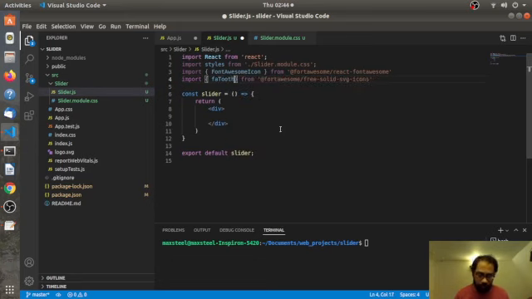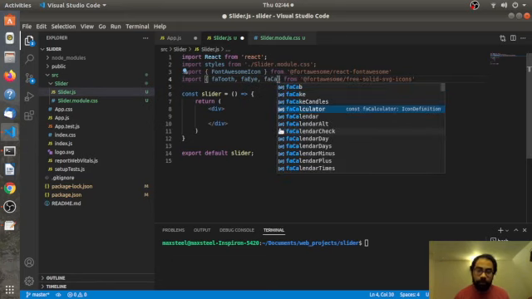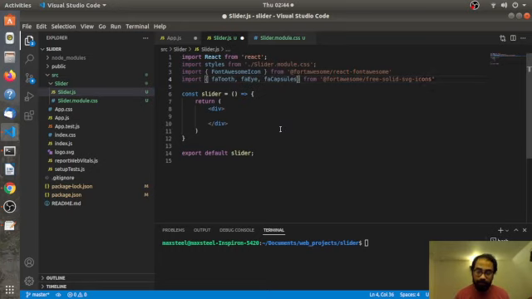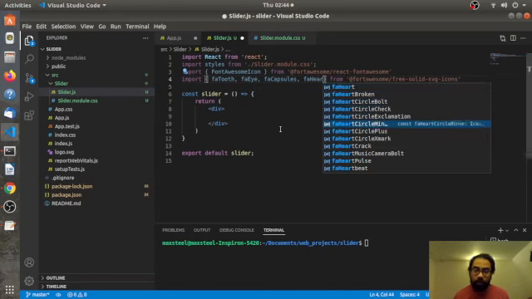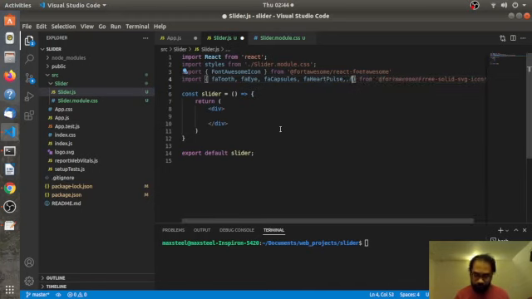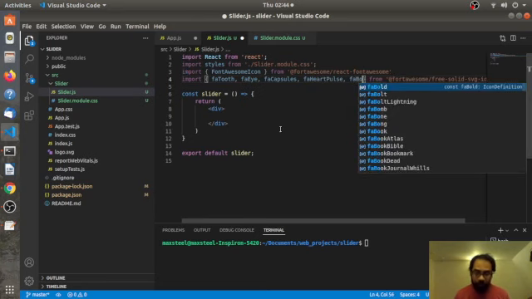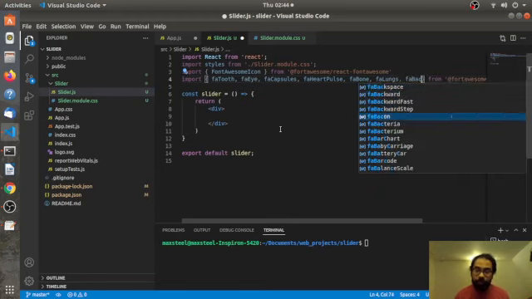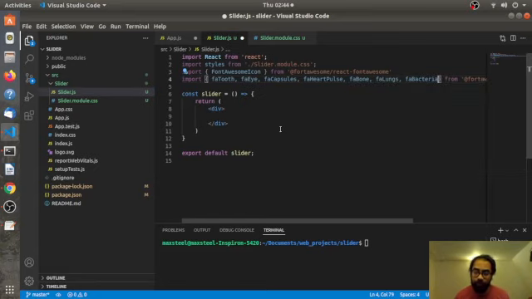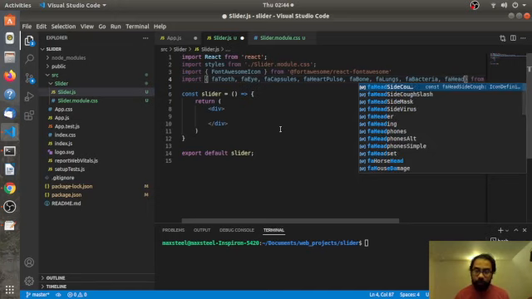So I want to have FaTooth, then FaCapsules, FaHeartPulse, then FaBone, sorry, not bomb, FaBone, then FaLungs, FaBacteria, somewhere here. Okay,